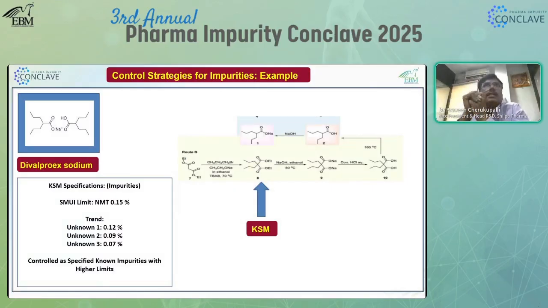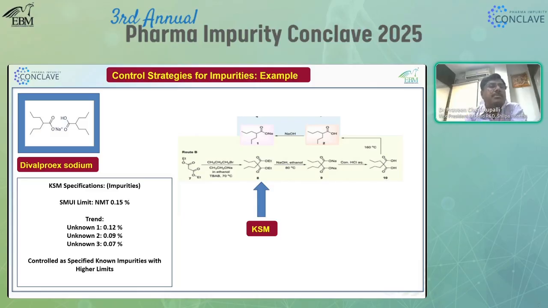So these are the general guidelines, which all of you know. Organic impurities will be controlled in the drug substances or drug product as per Q3A and Q3B, residual solvents as per Q3C, and Q3D for elemental analysis, where we do an appropriate risk assessment. For genotoxic and nitrosamine impurities, you will follow the guideline and control the impurities as per the acceptable intake limits.